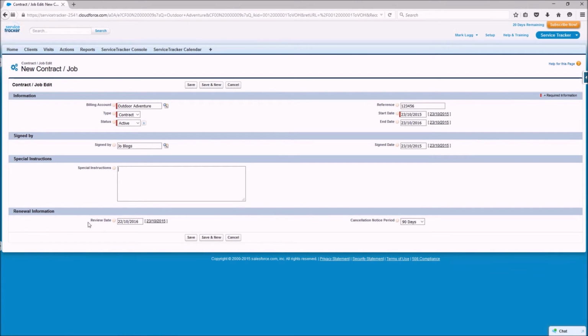Renewal information, so when do we want to look at a renewal date? You may want to set renewals a month beforehand, so you can review the contract. In this instance, we're just going to leave it the day before, and you can set a cancellation period. Once you're happy with that, we simply press save,